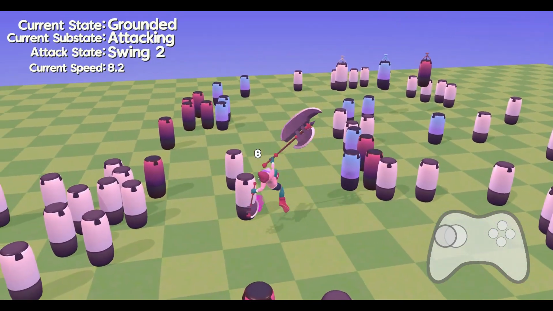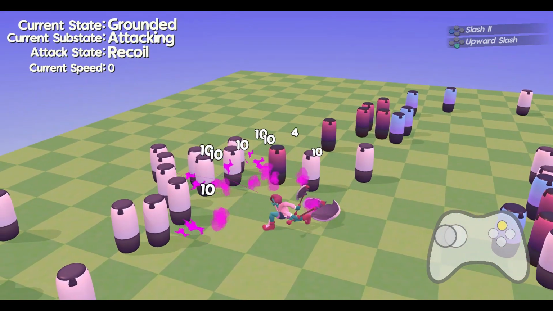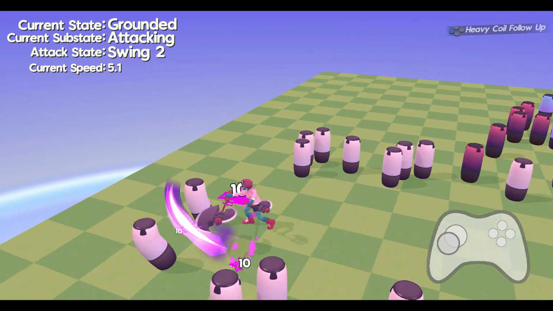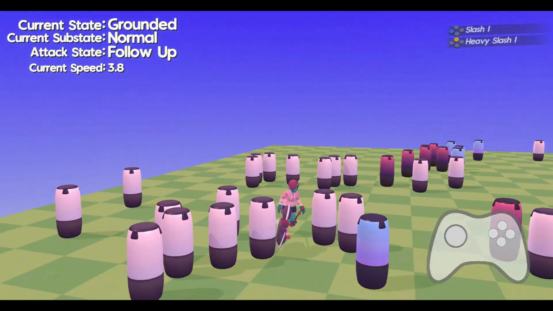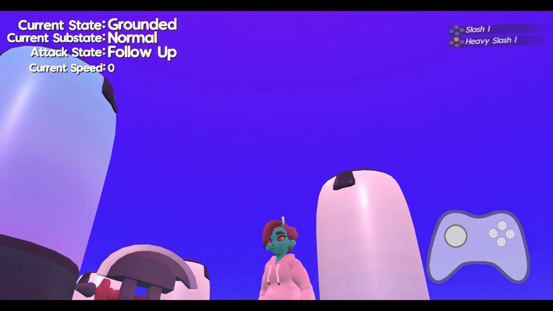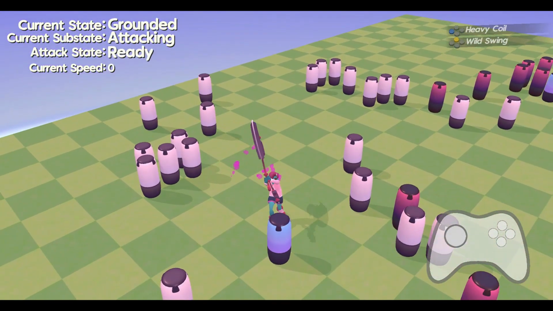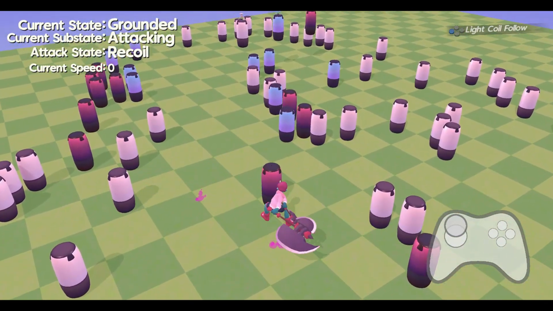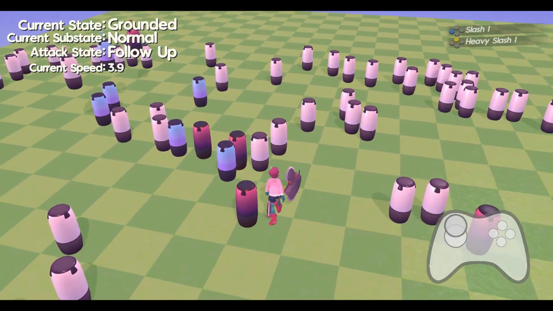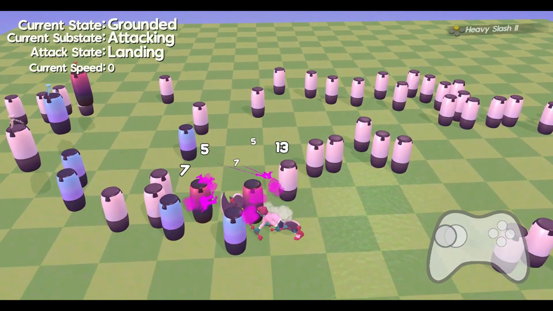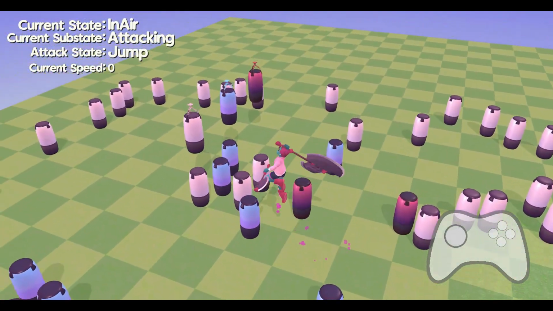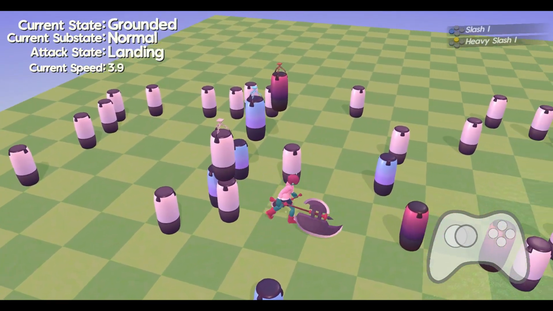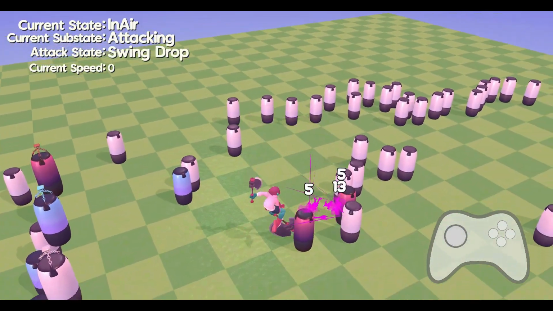So with your weapon drawn, you're going to have a different dodge roll because you're holding onto your weapon. If you're holding a big weapon, you may have a severely dampened dodge. You may have a bad dodge because you're holding a giant axe and you can't really maneuver out of the way very easily, or if you're holding a smaller weapon, the dodge may be replaced by a sidestep because you're moving very quickly, or your run time might be a lot slower, or things of this nature. Essentially, the current weapon you have in your hand is going to minorly or majorly affect your speed and movement capabilities because you're using a different weapon and they're kind of heavy. Some of them are heavy.